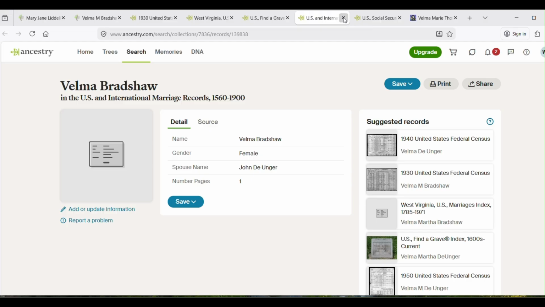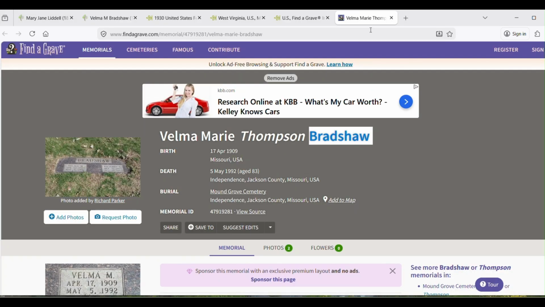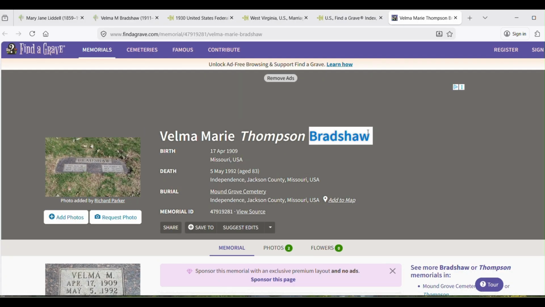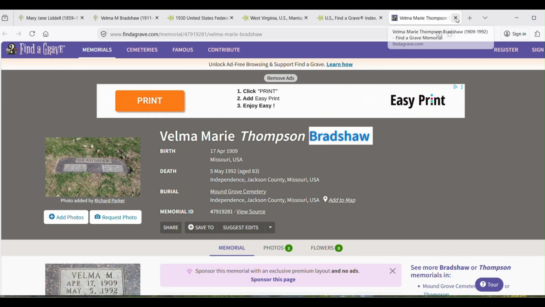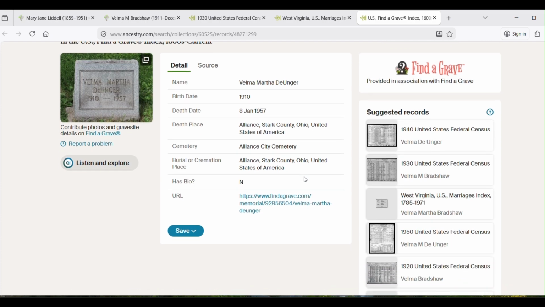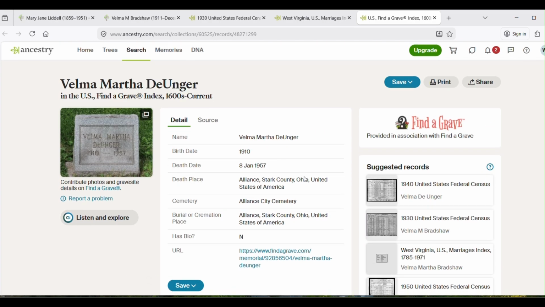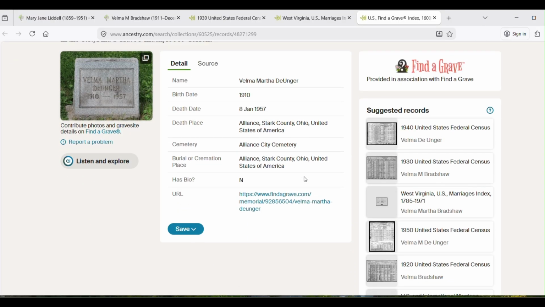There's not even a date on that one. And here's that other Velma. So we know that's not her. This is that other Velma that we know is not her. So we're going to delete that one. I do not know if this is...